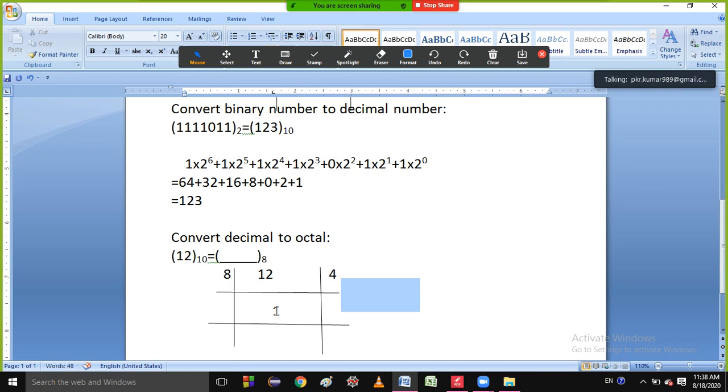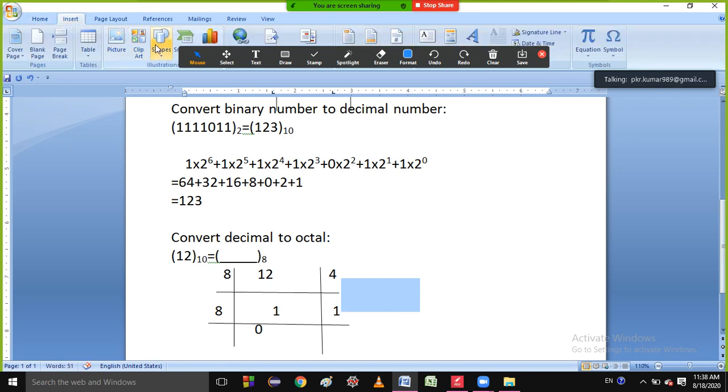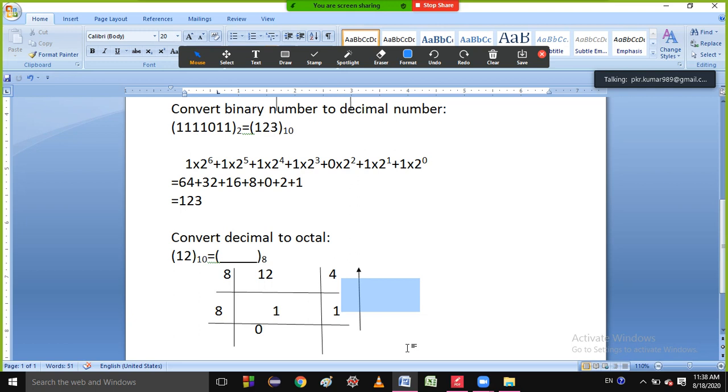So this number is not 0. So again you will divide it by 8, because I said to you, you will divide your number till you get 0. So how many times will it go again? 0 times. And what is the remainder, students? 1. So what is the answer? 1 4. Very good. Very nice.